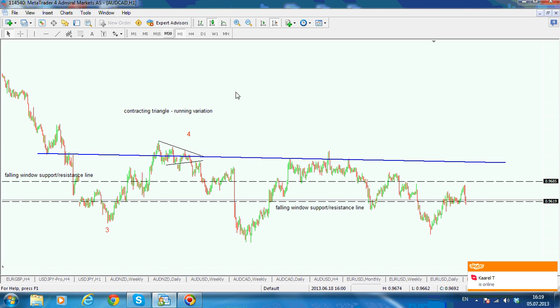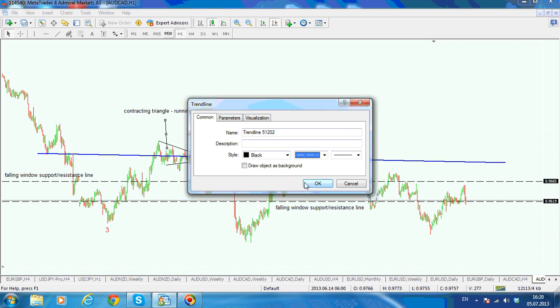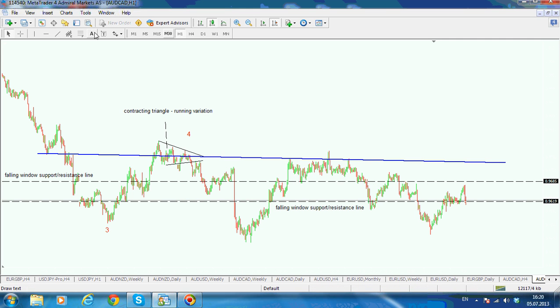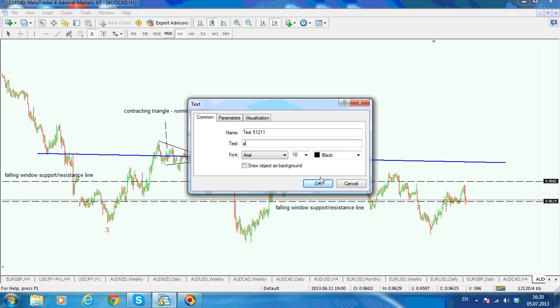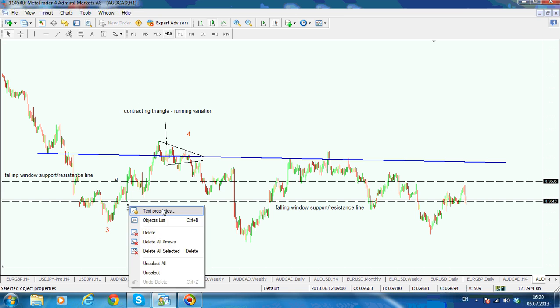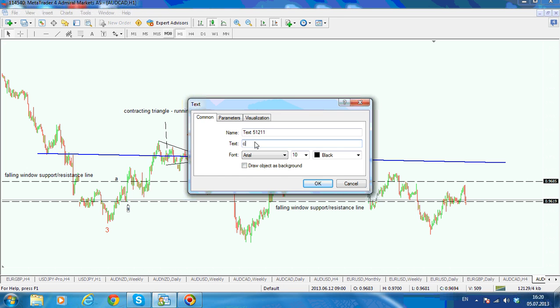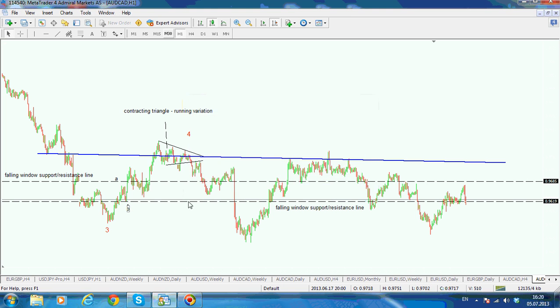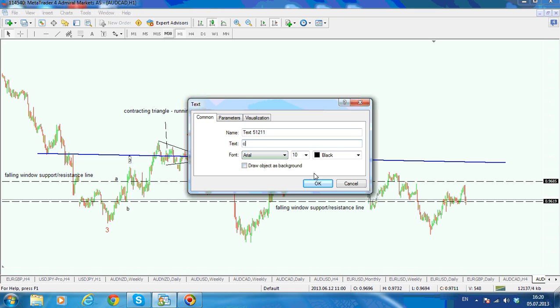Running variation of a contracting triangle, and then this implies this is a complex form of correction of a lower degree. This will be wave A, and B, and C. So A, B, C, X,